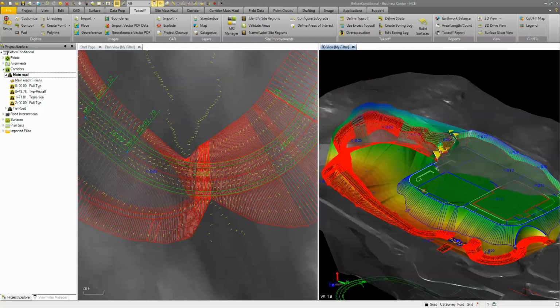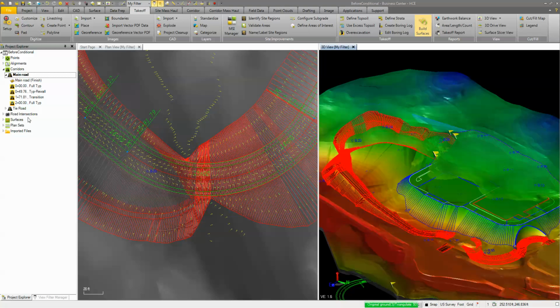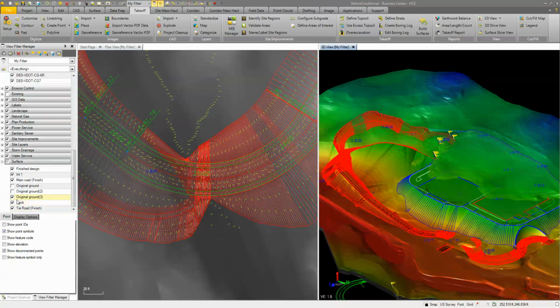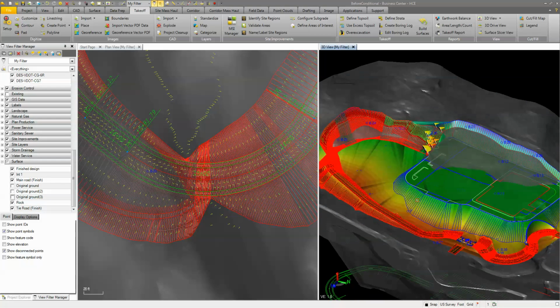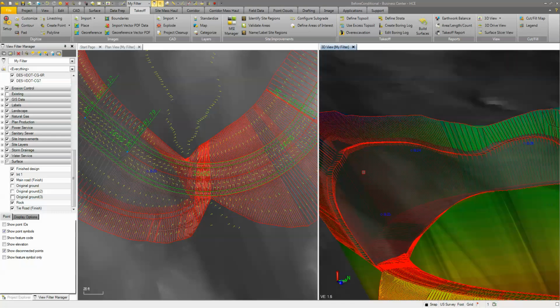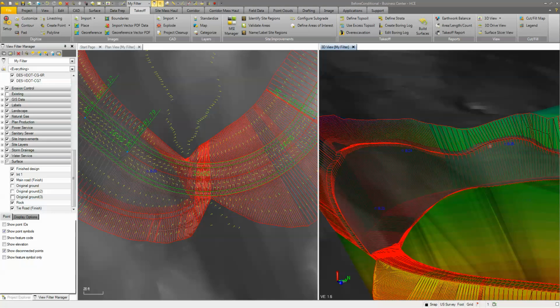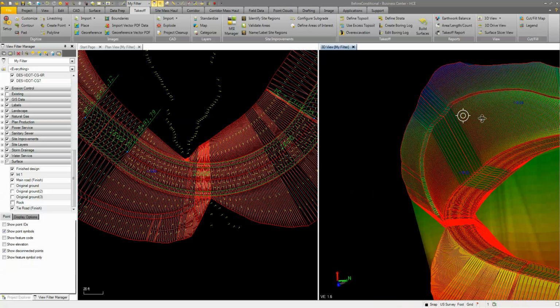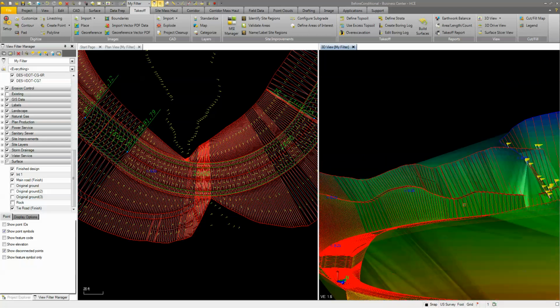Okay, so now that we have that, we can close that, and we'll just rebuild our surface here, because now it's going to adjust for that. Let's go and we'll turn off, well, we won't worry about that, that's a normal message. Let's turn off our original ground surface, and now you'll see that when we're cutting through the rock, we have our bench, we have our 1-to-1 slope, right? So if we turn off the rock here, you can see it's a little bit better. So we're coming through, we're cutting in, and then we've got our normal 2-to-1 cut the rest of the way